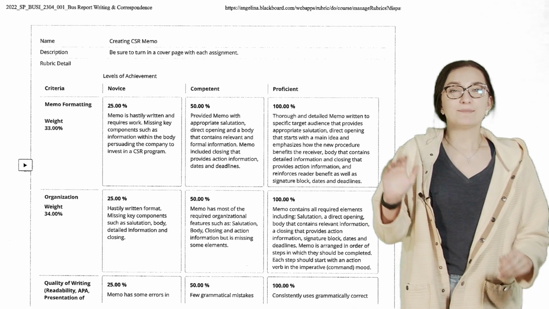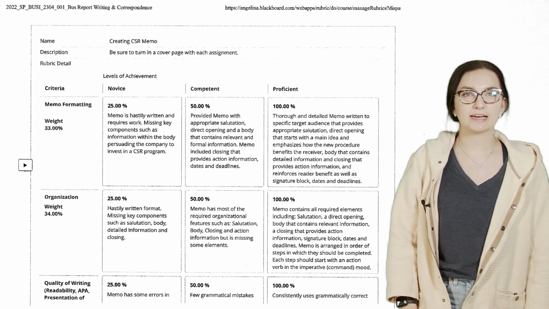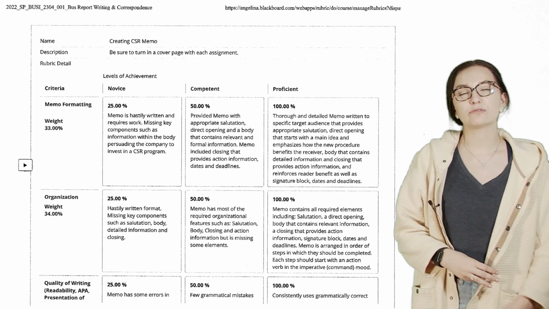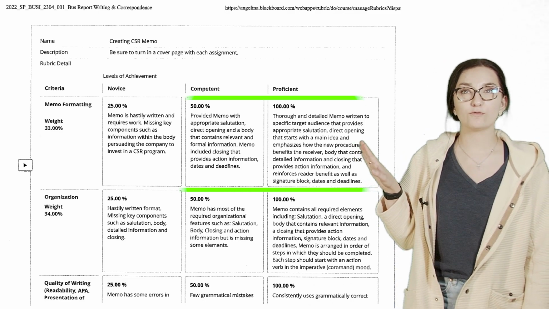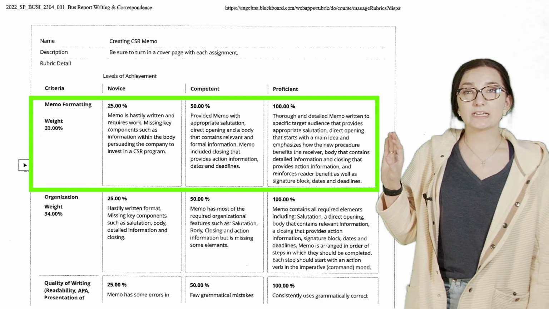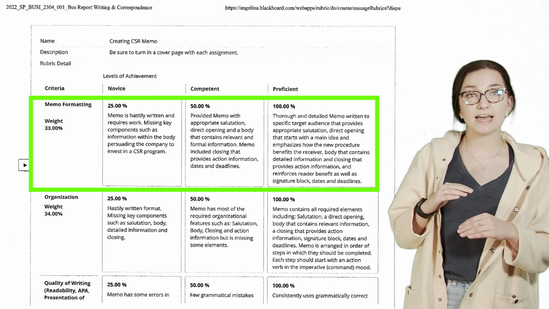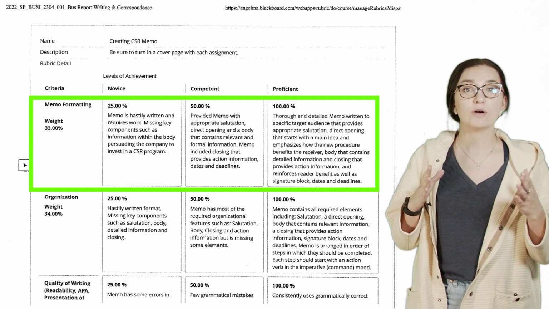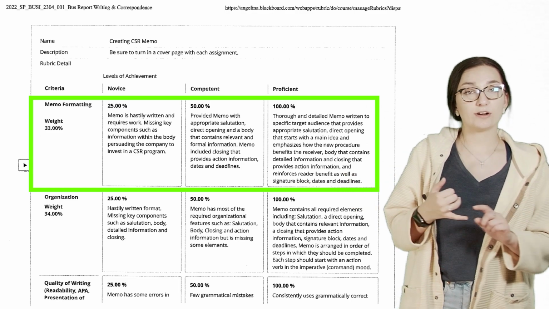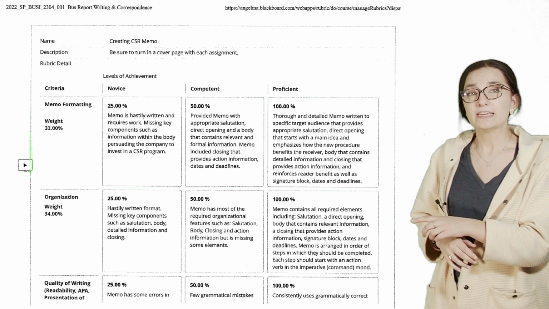Okay, so Mr. Oliver has provided us with the rubric for the memo assignment in his business correspondence and writing class. So this rubric has three parts to it. The first is the memo formatting, which is the physical formatting of your paper. This part of the rubric focuses on how you physically have spaced things out, the fonts you use, and how the memo looks as a whole. This takes into consideration that you have your APA formatted cover page and things of that nature.